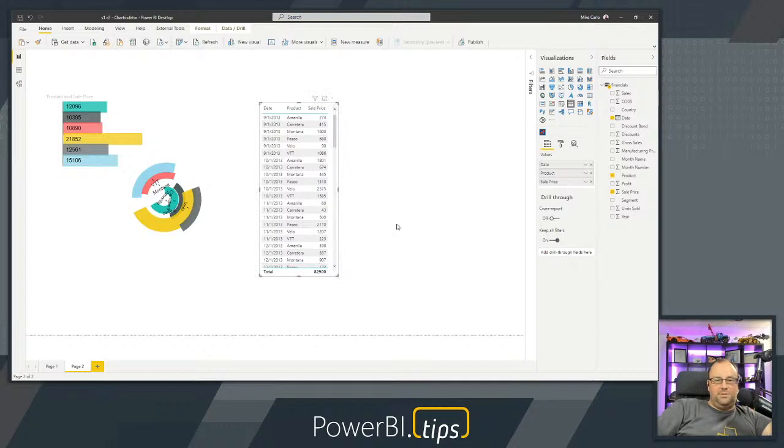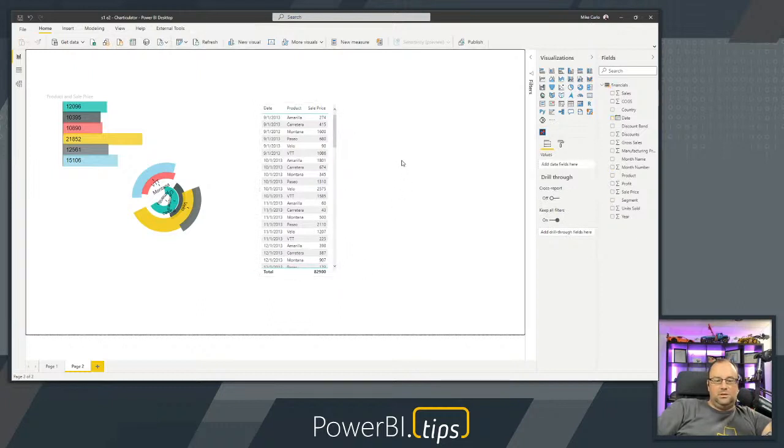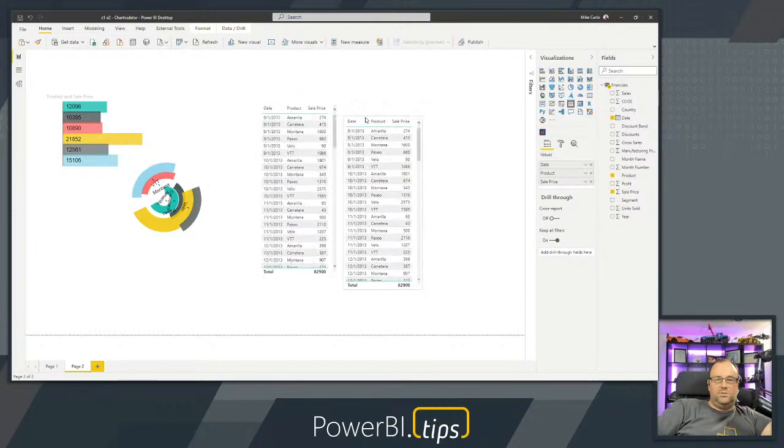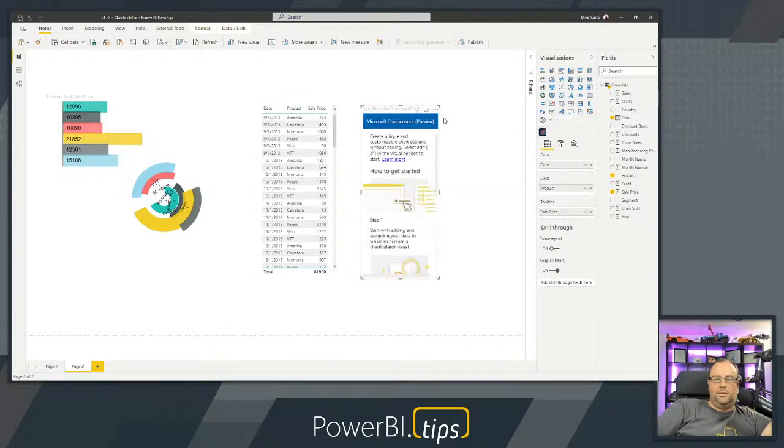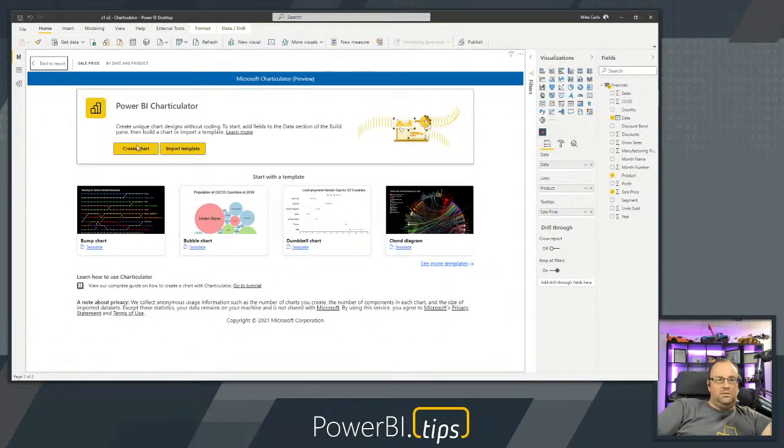So what I'm gonna do is I'm gonna copy, paste, copy, Control C, click on the panel in the report page, Control V, hopefully, Control C, Control V. Okay, now I got 2 tables, and I'm gonna change this second data table to a Charticulator app. Click the ellipsis. Go into edit. Now we're in, and then we can